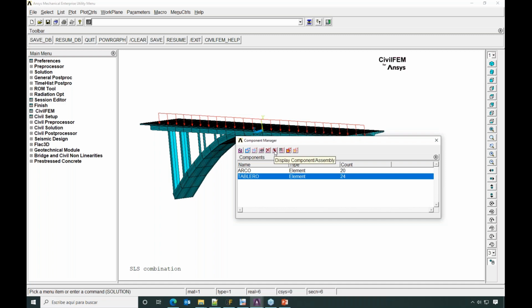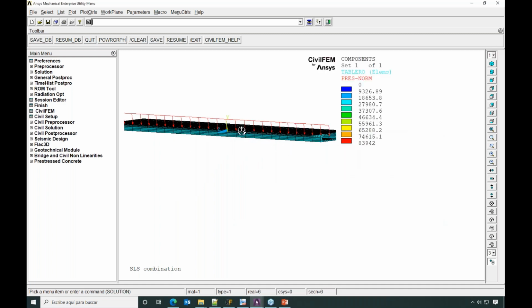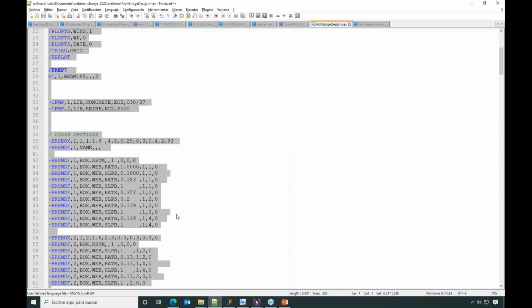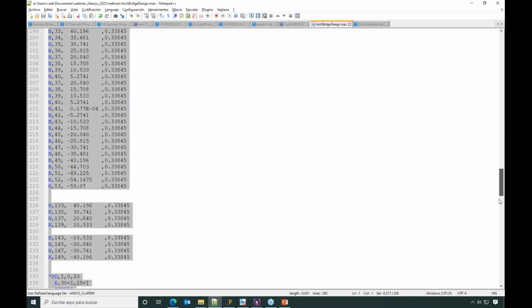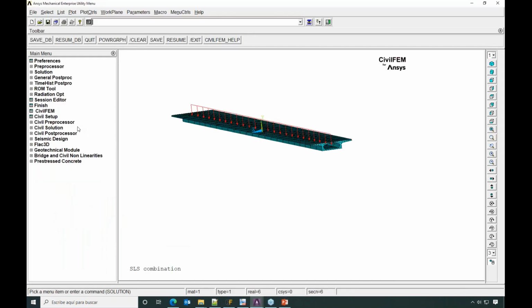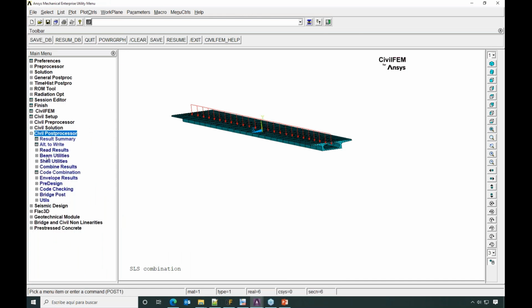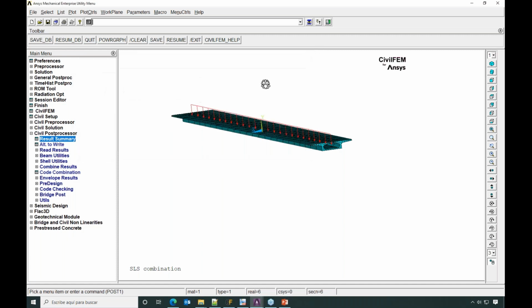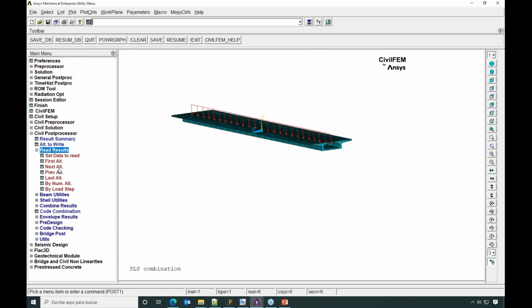So we are going to select only the arc, and we are going to design this using CivilFEM. Here you can see that we can work with macros, or with the browser. First, in the Civil Post-Processor, we have solved 2 different load steps, which are 2 combinations. I'm going to read one of them,